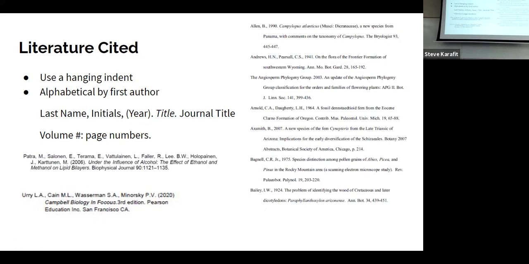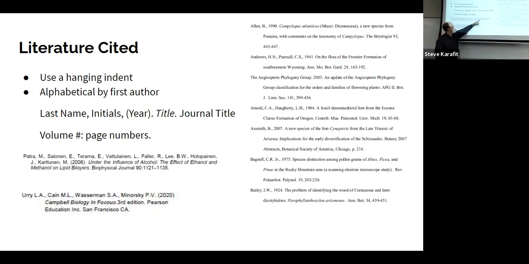The way we typically do this, or the way I'm asking you to do it, and there is an example in the manual, is you have the last name of the first author, their initials. Then if there are other authors, comma, their last name and their initials, for example. The title of the article, that's usually italicized, the title of the journal, the volume number, and then the page numbers. So for example, here's one with a bunch of authors, the year it was published, the